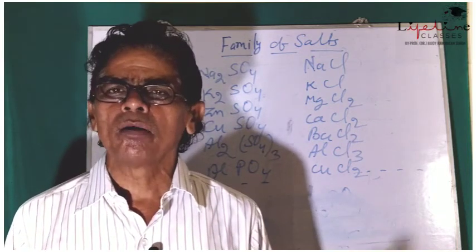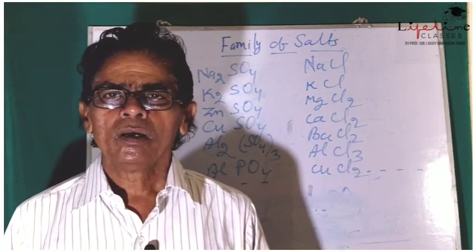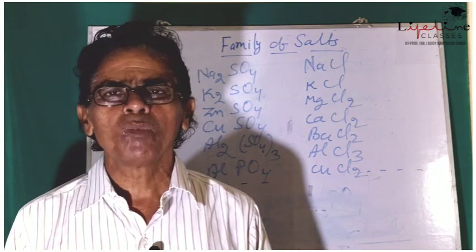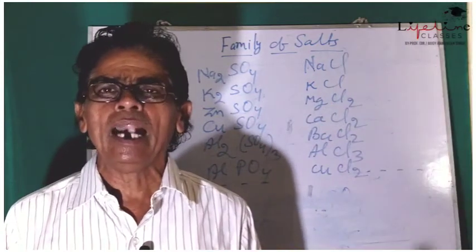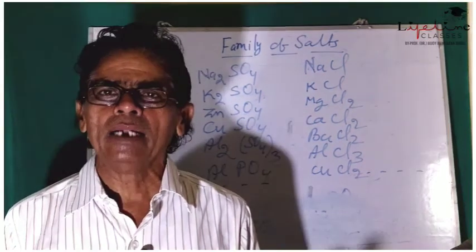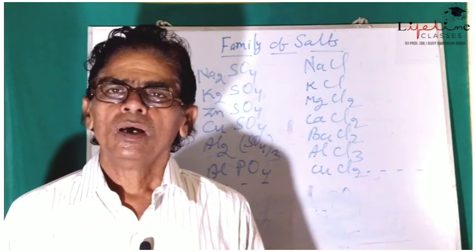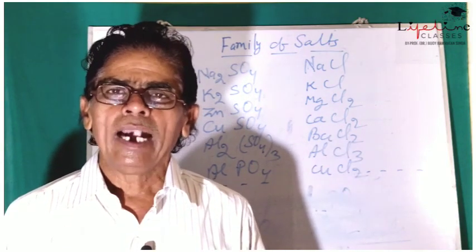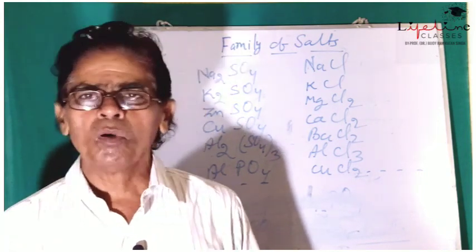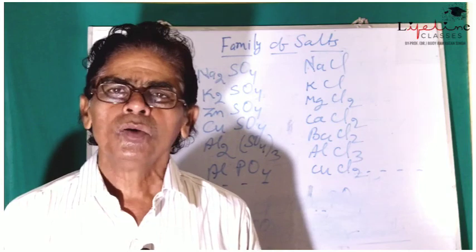When sodium chloride is dissolved in water, it gets ionized into Na plus and Cl minus ions. Since both are strong acid and base, their molecules get ionized completely, and ultimately they have the same number of H plus ions and OH minus ions. That is why they get neutralized and form the neutral salt. If we add either red litmus or blue litmus to the aqueous solution of sodium chloride, no effect will be observed.